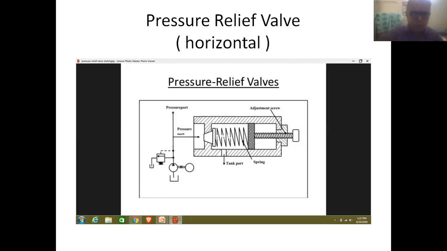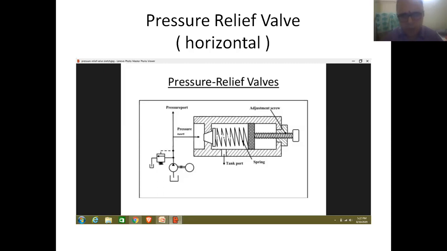Therefore, this is referred to as a pressure port. Similarly, this outlet port is connected to the return pipeline that is going back into the oil reservoir. Therefore, this is called the tank port of the pressure valve.